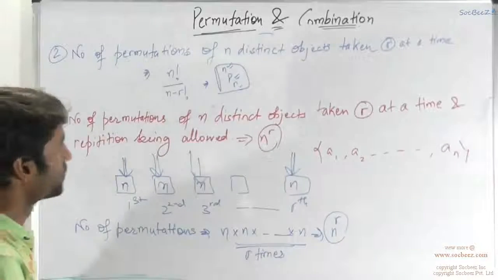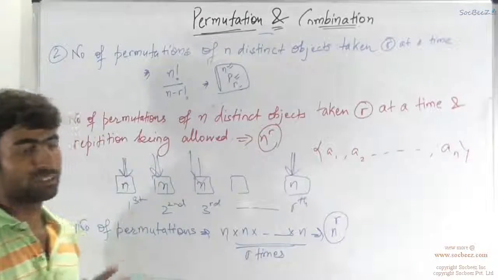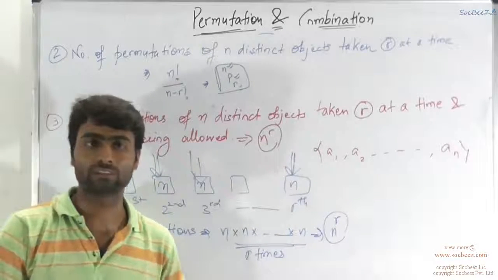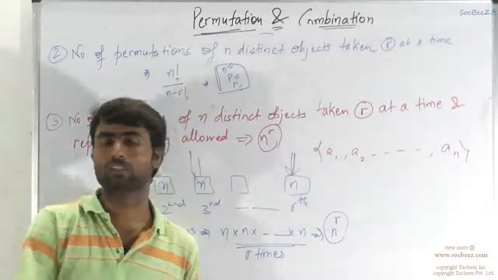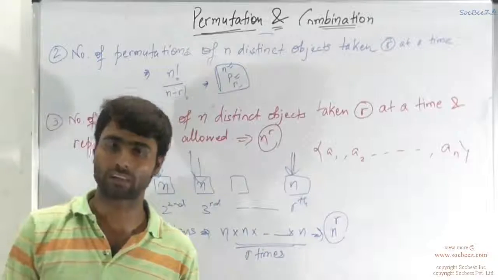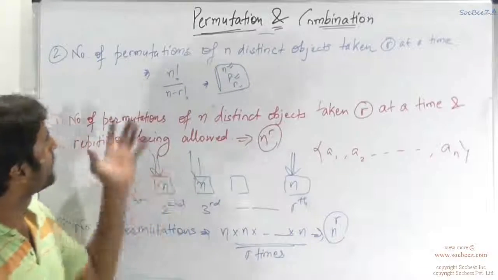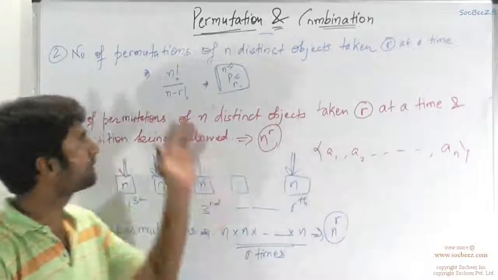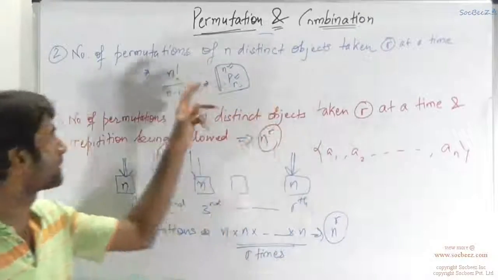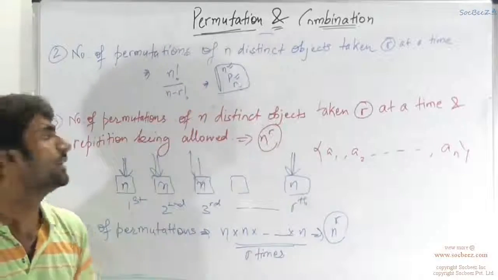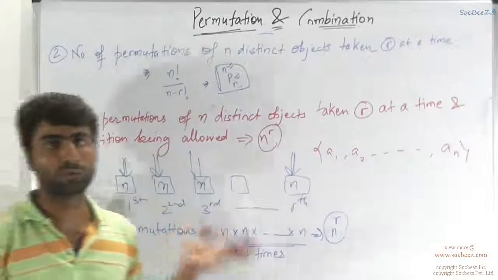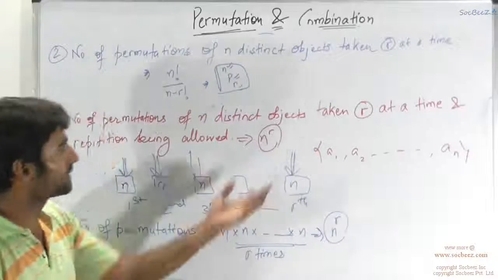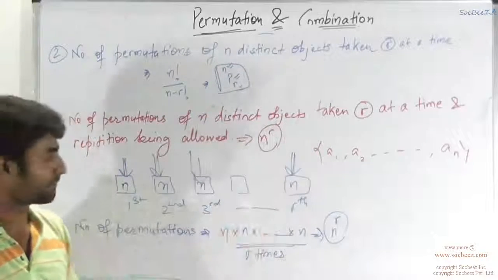Okay. So what we learned till now is the basic formula for finding the permutation of n numbers taking all at a time. That is, you have to take all these n numbers and arrange them in a row. Then, finding the total number of permutations of n distinct objects taken r at a time, written as nPr, that is n factorial upon (n minus r) factorial. And the third case was the number of permutations of n distinct objects when repetition is allowed. In that case, the answer is n power r.